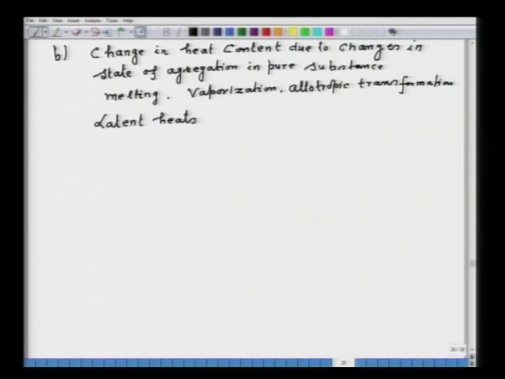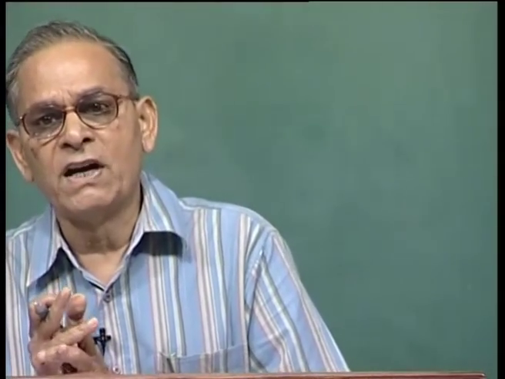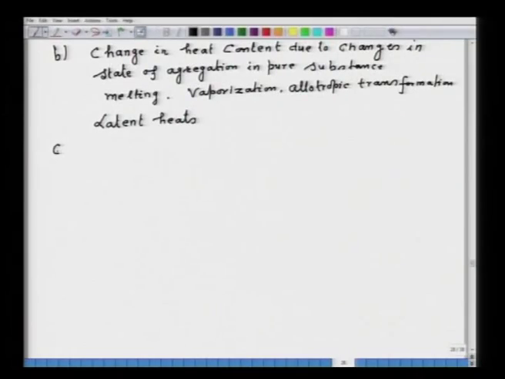This is also very important, because when you calculate, say if you want to calculate the heat content in, for example, a pure material from 25 degree Kelvin to a temperature T, then you must see what changes are occurring during its variation of temperature from 25 to that particular temperature. You have to take into account all these changes which are occurring to calculate the heat content. That is important. C part is that, say, changes in heat content